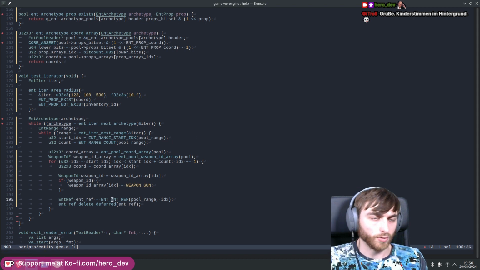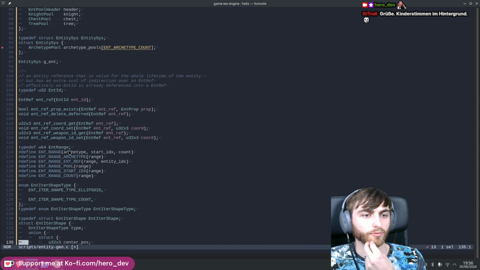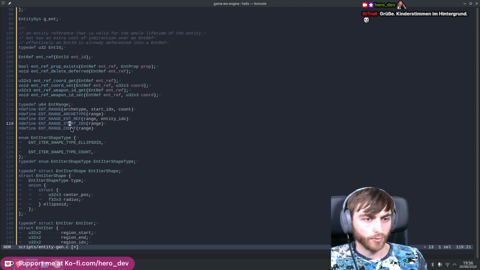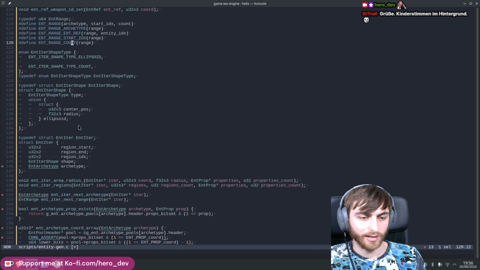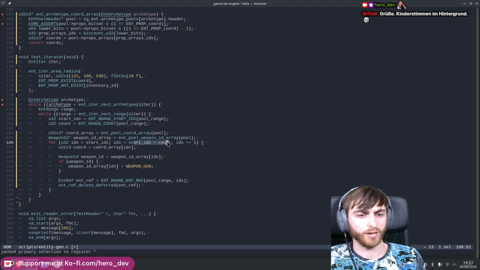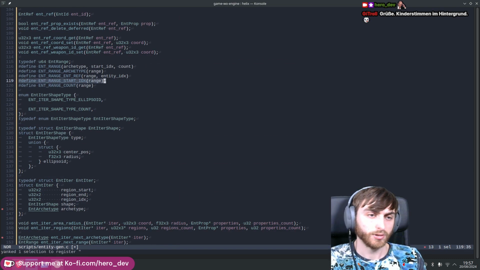So it uses that new ent range thing. So we've got ent range, we can get the archetype out if we wanted. We can get out the entity ref, or the start index and the count. So if we get out the start index and the count, we're kind of exclusively doing start index plus count. So maybe we should get a way to get an end index out as well, and that will save us